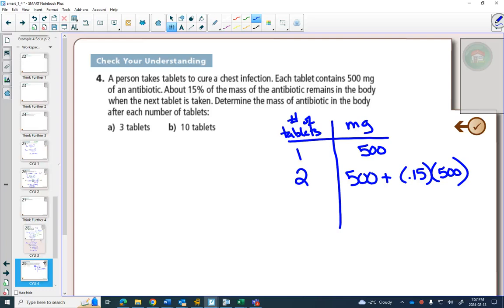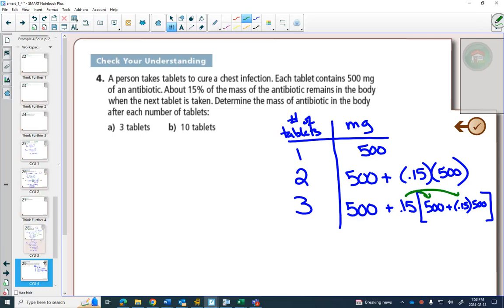Then for tablet number 3, as soon as you take tablet number 3, you add 500. But then you would have 15% of what you had left, which was whatever is here. Now I'm going to write it like this to begin with. 15%, and I'm going to put a big set of square brackets, and I'm going to rewrite this. I mean, technically, I could have used my calculator and figured this out, okay? But I'm going to leave it like this, and there's a reason for that, because now when I distribute this